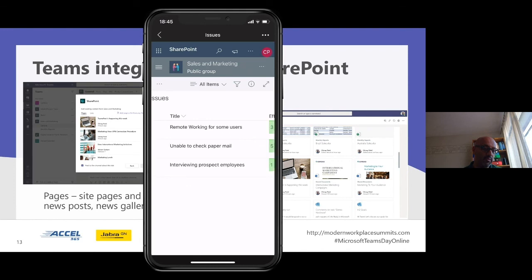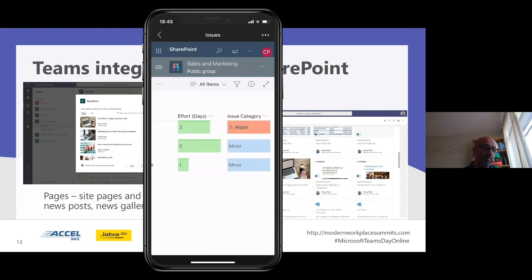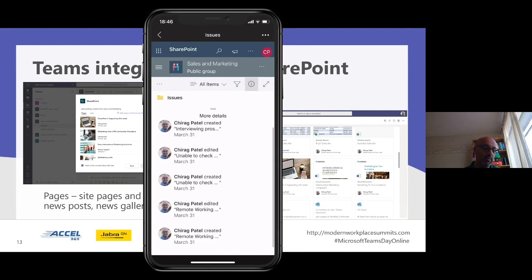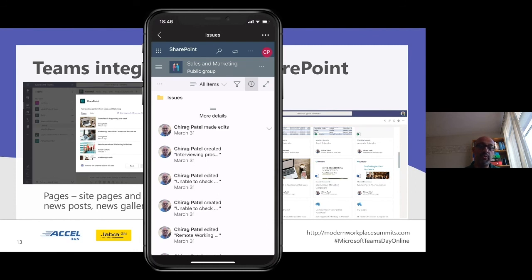But if I scroll to the right, then I've got my coloring options, everything that comes across in here as well, just like in SharePoint itself. And I can still view all the audits that I have within there as well, all inside the Teams that I went to. But you may have noticed that as soon as I went to Teams, it brought me into SharePoint, and SharePoint has its own